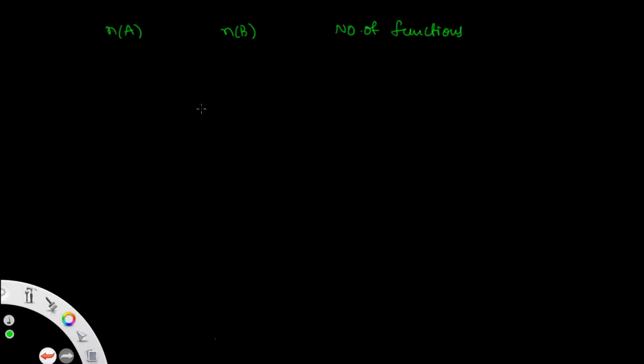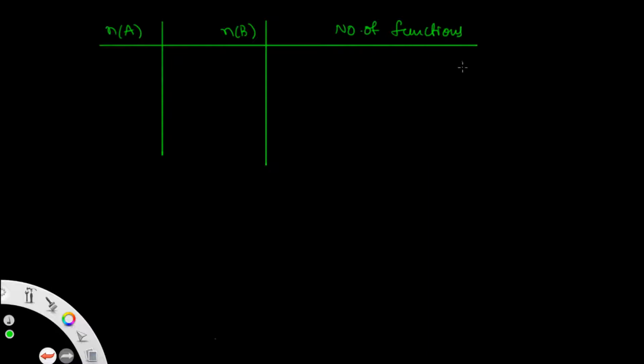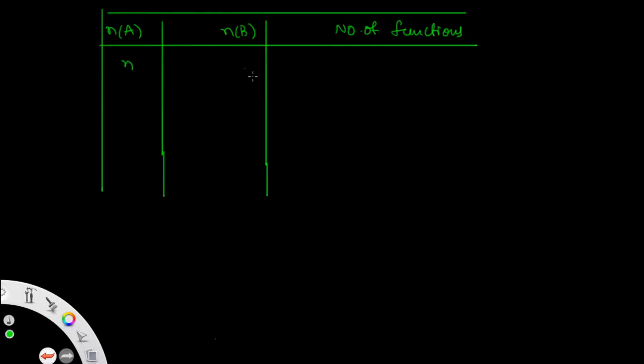So that is number of A, how many elements, depends on the A and B, number of functions that can be formed. Suppose A has n elements and B has 2 elements. The number of functions is 2 to the power of n minus 2. And suppose A is also n. If the elements of B is 3, then the number of functions is 3 power n minus 3 into 2 power n plus 3.